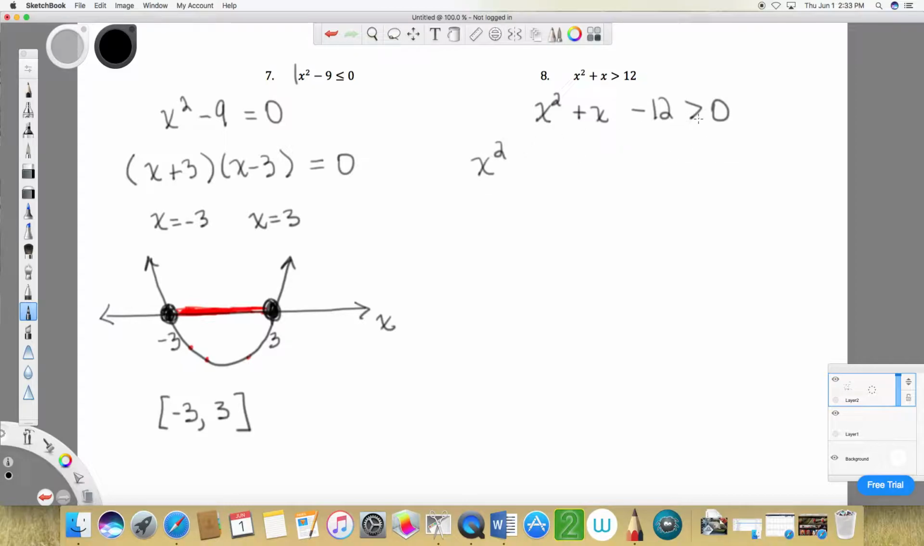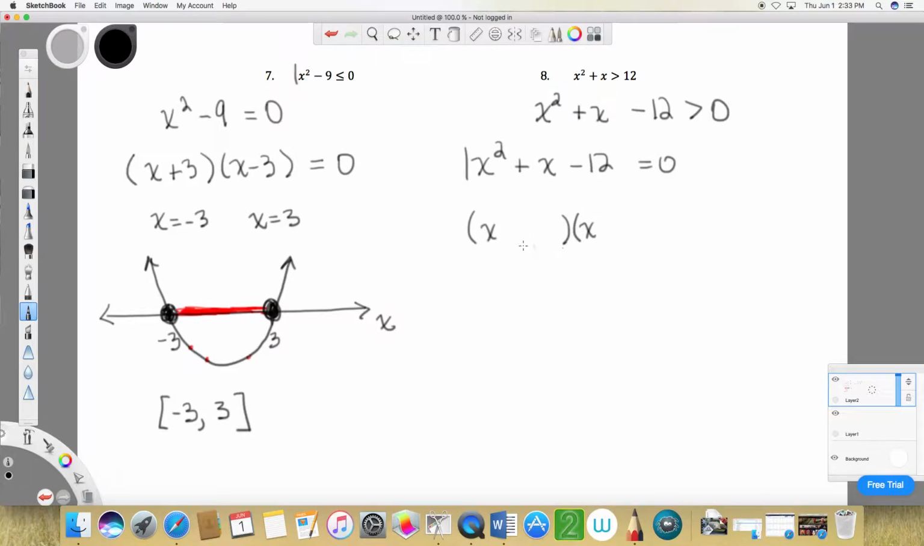Instead of being strictly greater than 0, I temporarily say, well, hey, let it equal 0. And because of this leading coefficient being a 1, this is generally easier to factor. If we couldn't factor, we could use the quadratic formula, but we can see that this factors because we have